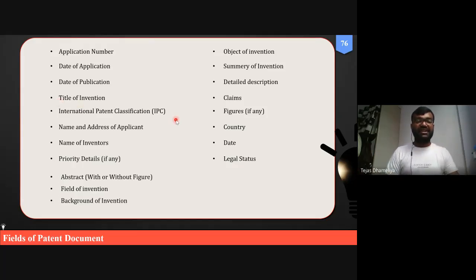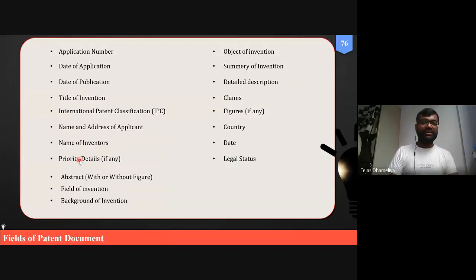International Patent Classification, IPC code. So for each and every patent, IPC has given a particular class. जैसे कि if it belongs to medicinal chemistry, there is a specific class. If it belongs to robotics, engineering, a specific class. If it belongs to, let us say, some kind of other equipments which are useful in textile industry, then there is different class for the same. All these are considered under this one.